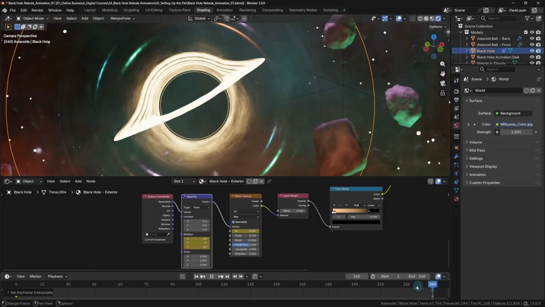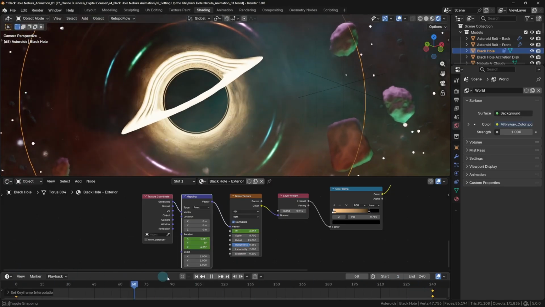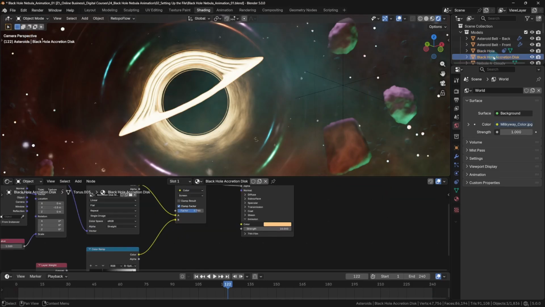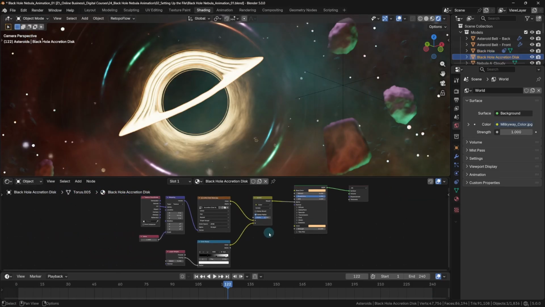Now this animation is the same speed all the way throughout. It doesn't start out slow and then speed up. Okay, we have just one more material to animate for this lesson. So over here on the right side, we're going to select the black hole accretion disk. Now let's zoom out. And the only node that we're going to be animating is this mapping node here on